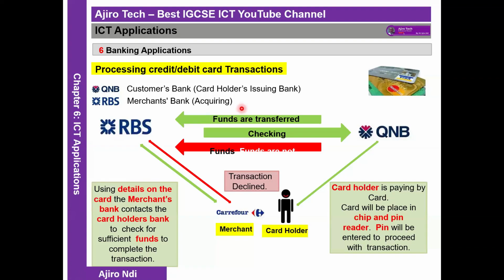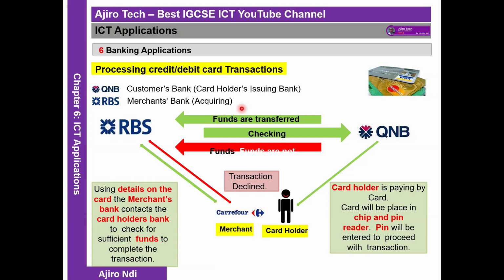What do I mean? Is the card stolen? Is it expired? The pin is also checked to see if it is correct, the same as the one typed in. If it's the same, the transaction is being what? Processed. The next phase, the transaction can proceed. If it's different, what happens? Transaction is terminated. Now, the restaurant's bank will contact the customer bank. A check is made to see if the customer has sufficient funds, and if it has sufficient funds, the transaction will be authorized, and then everything will be successful.